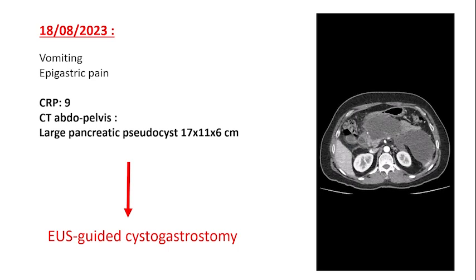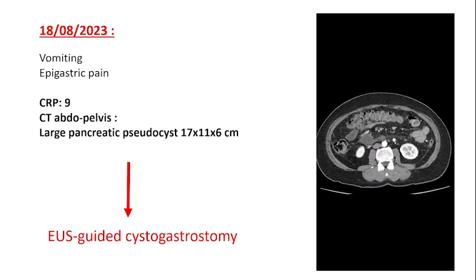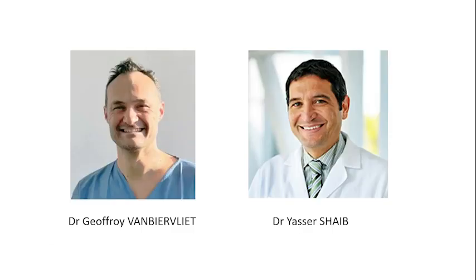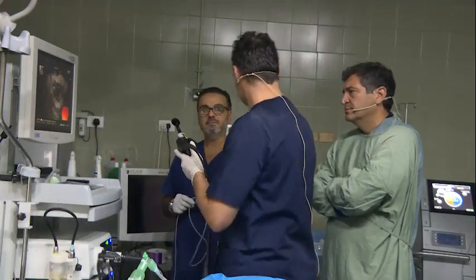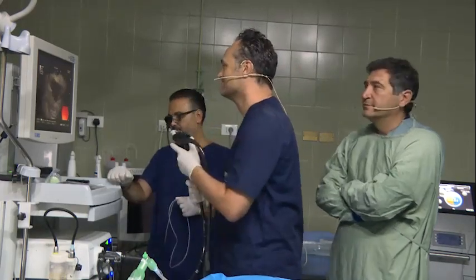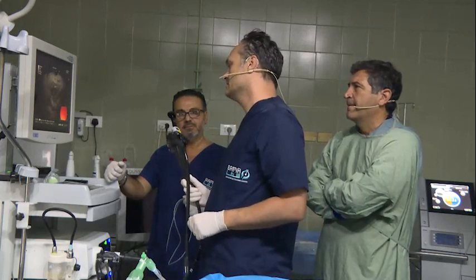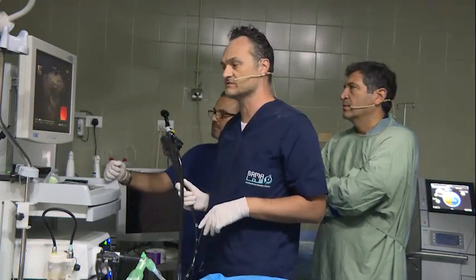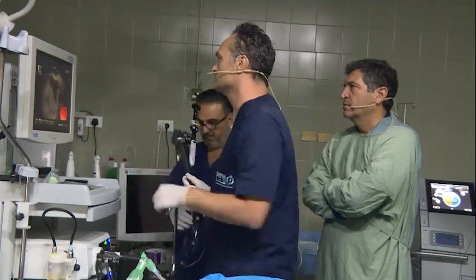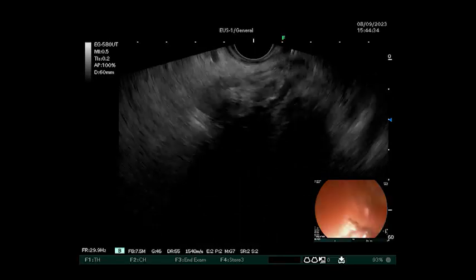So the decision was made to do an EUS-guided cystogastrostomy with Dr. Geoffroy Van Bervelde and Dr. Yasser Shaib. So for this last case in this room, we will insert a lumen-apposing metallic stent to perform this cystogastrostomy, because as you can observe on the US image,